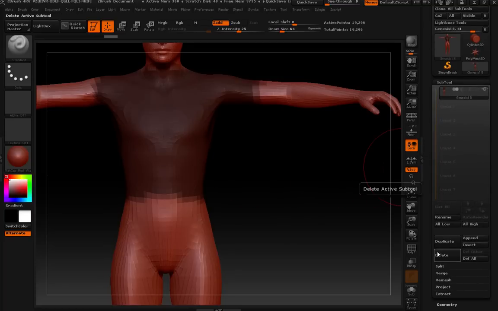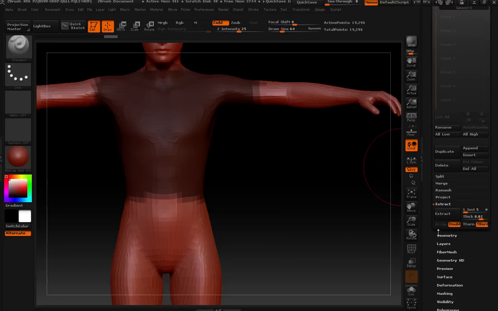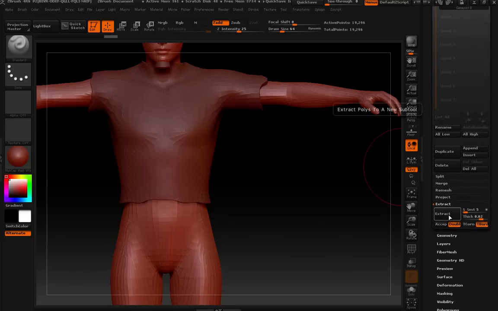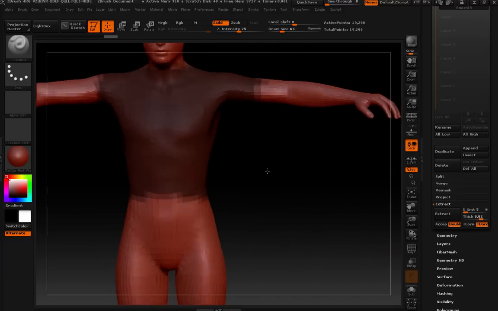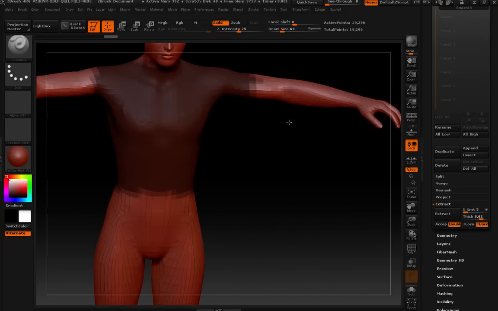So we click on the subtool right there, right under tool, and click on extract, and then we can extract this. Boom. But it looks awful because we don't want it like this. It's like, ugh, that's not what I want. And so we move it around because this is just in viewing, and we're going to press the brackets right next to the letter P to go up or down, because